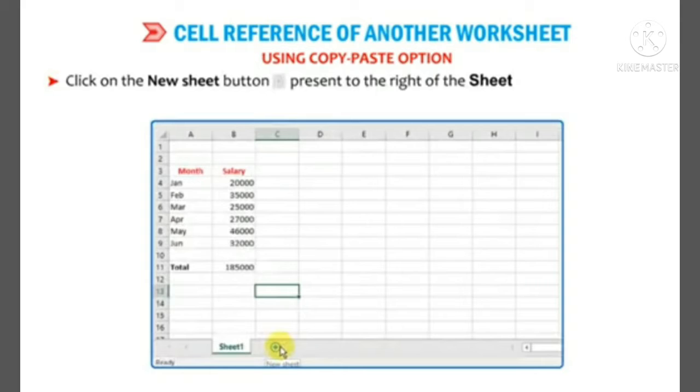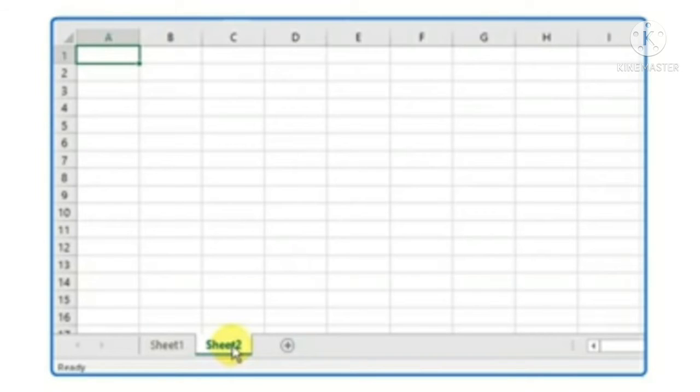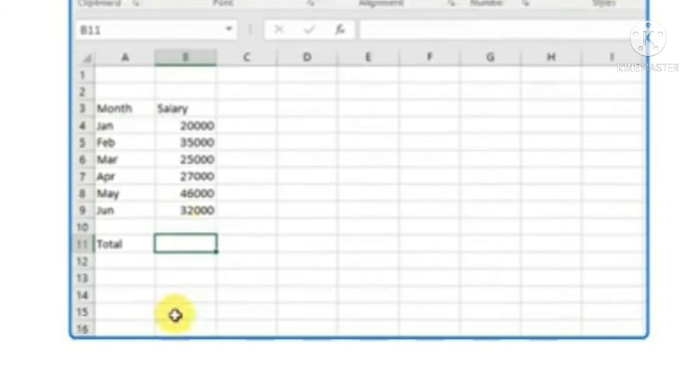So let's see. First you have to click on this new sheet button. Okay, so that you can see a new sheet will be added, with the name Sheet 2. Now enter the data. After that again click on the Sheet 1 tab and click on cell B11 where we use the sum function.